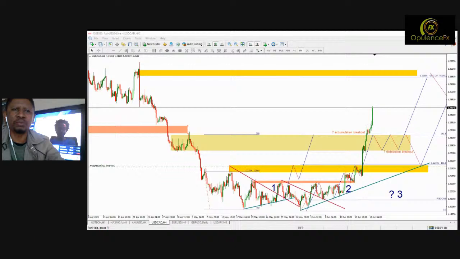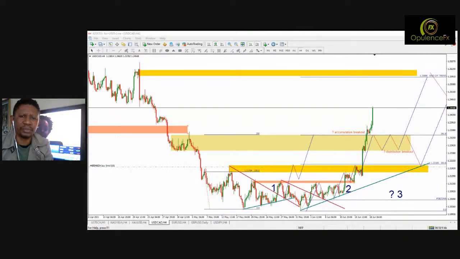I wouldn't think it's a good move. That's my humble opinion, Teboho. It's not a good move to be buying the dollar indices when the dollar strength is as it is right now. Not a good move at all. But let me help you before it gets worse. Let's just go straight to it. I don't think that it's a good move to be buying.